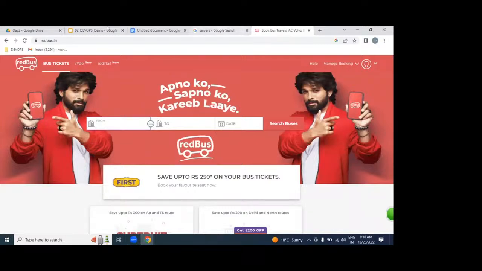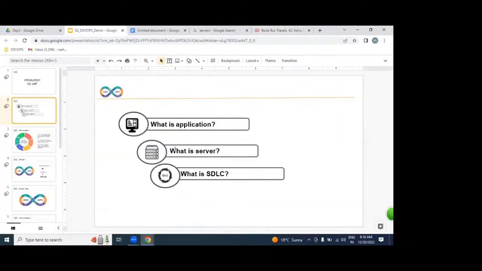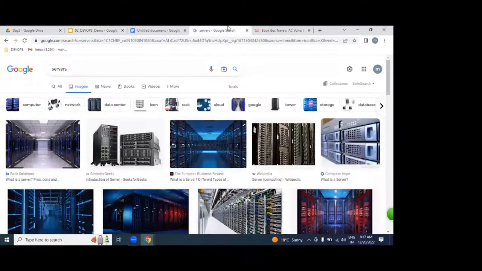But what is the purpose of a server? How many ways can we get a server? Either a physical environment, a virtual environment, or a cloud environment. A server is for deploying and maintaining our applications 24 hours for a long time without any shutdown.